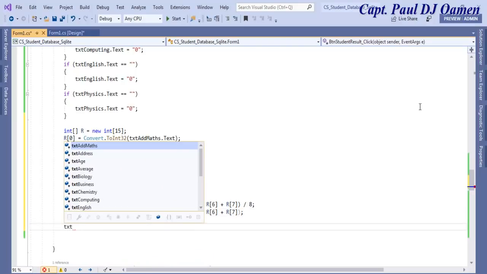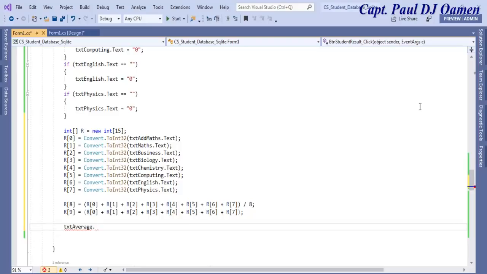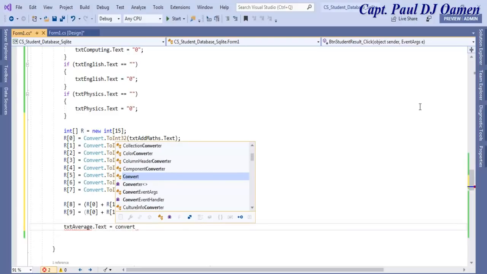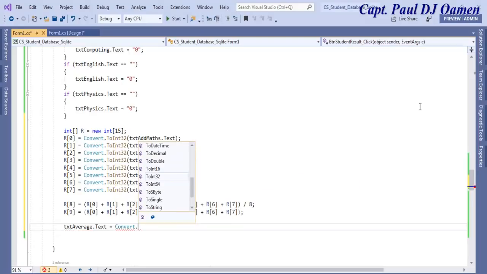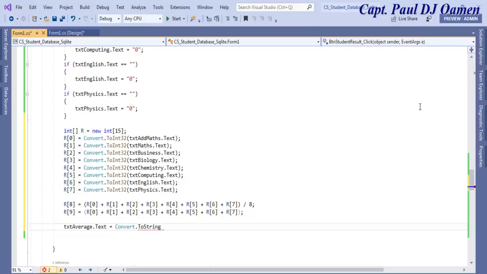So let's say txt average dot text equals convert to, let's say, dot to string. And what are we converting? That's going to be R8,